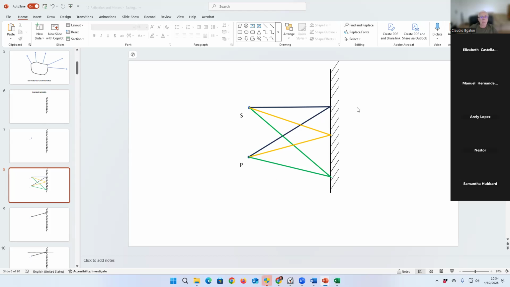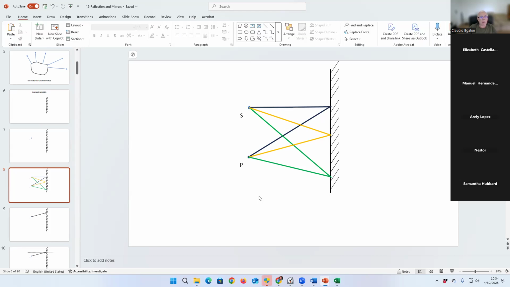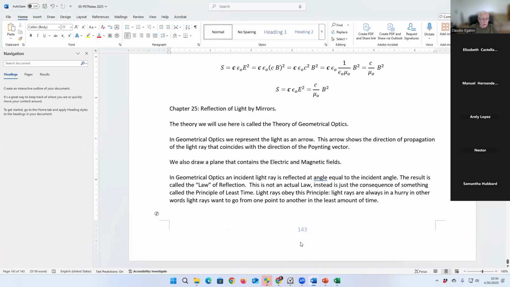Well, we can come up with a derivation, and then we find out the path that takes the least amount of time. Light rays travel at the speed of light, remember. It is going to be exactly the one in which the angle of incidence is equal to the angle of reflection. That's what the principle of least time is all about. And I'm going to spell that out here for you. In the principle of least time,